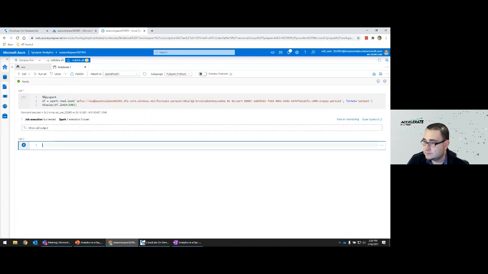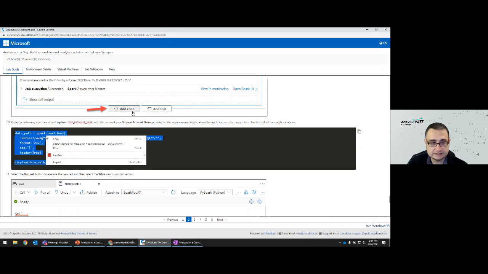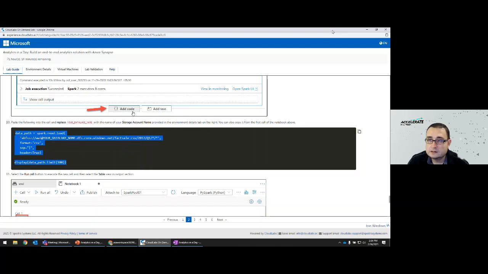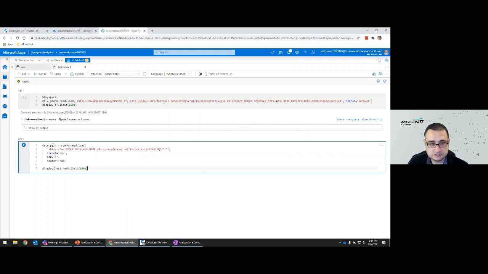So in that cell, we're going to copy this script that you have in your lab. So you should be able to see that. We're just going to highlight it, and it doesn't have a right-click copy. And then in the notebook, you don't have a right-click paste, unfortunately. So just do Control V, Control and V as in Victor, and that should allow you to paste that code.